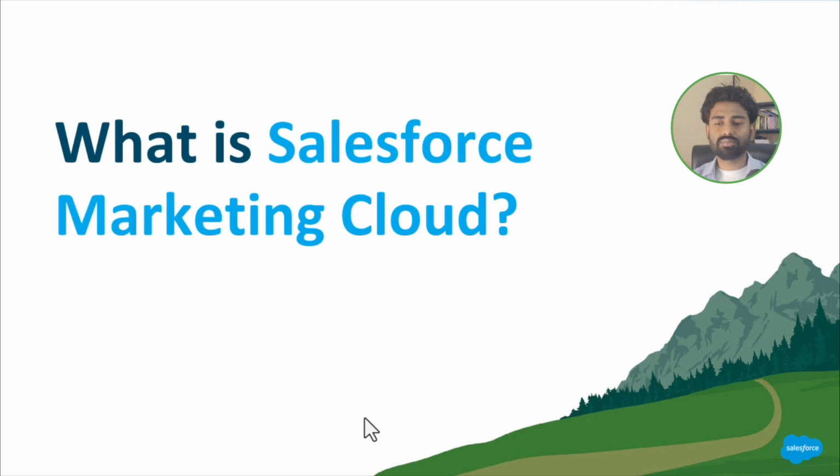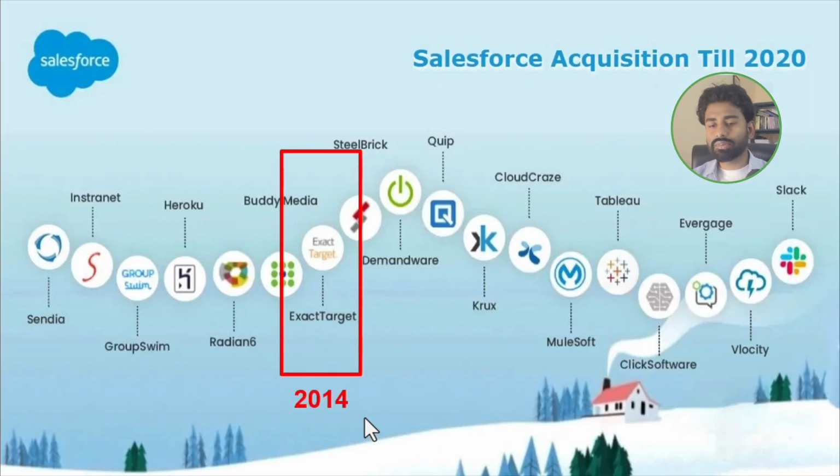First, understand what Salesforce Marketing Cloud is. As I already told you in the previous session, Salesforce Marketing Cloud is a series of acquisitions made by Salesforce. So this is not developed by Salesforce itself. It is a standalone tool that was acquired by Salesforce. Its earlier name was ExactTarget. Similarly, ExactTarget acquired one of the tools called Pardot. Now both names have changed. ExactTarget is called Salesforce Marketing Cloud and Pardot is called Account Engagement. Okay, Account Engagement is famous for B2B marketing and ExactTarget is used as Salesforce Marketing Cloud for